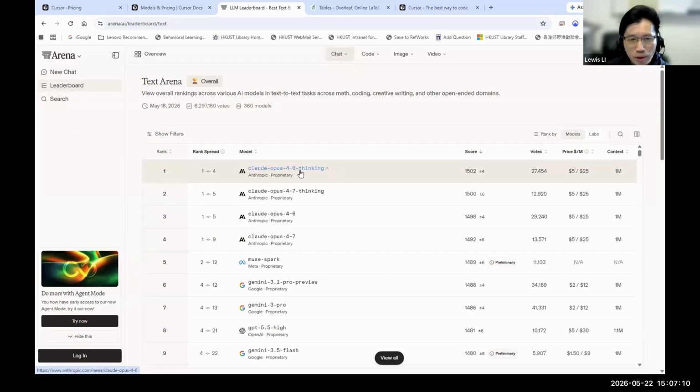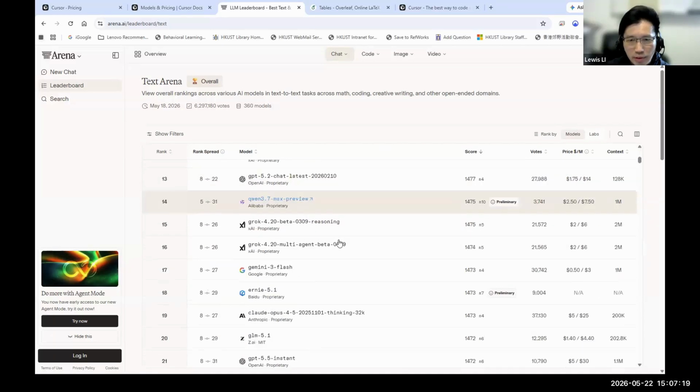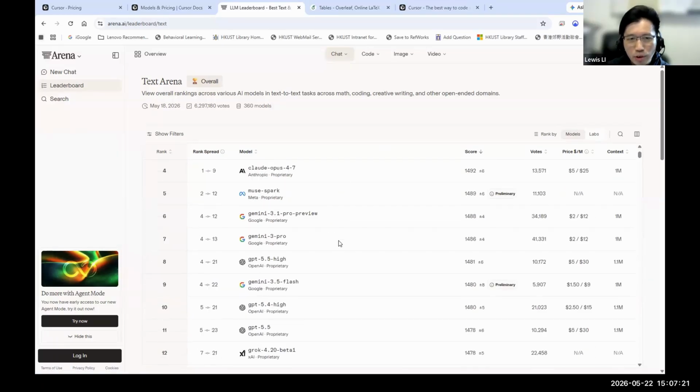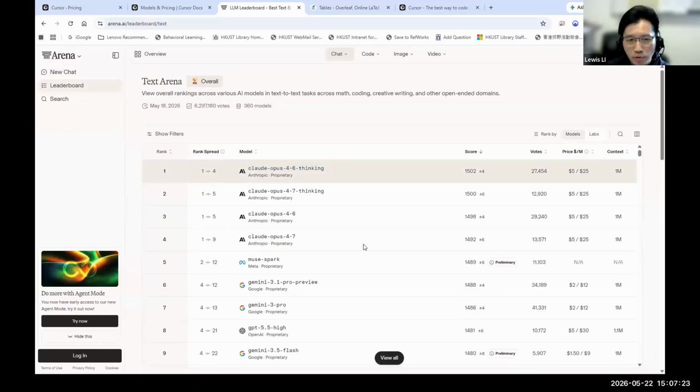This is the top model in the world for text generation. You can see the list is very long. So if you want to select a model based on performance, you can go to this website and take a look. And from the right-hand side here, you can also see the price.